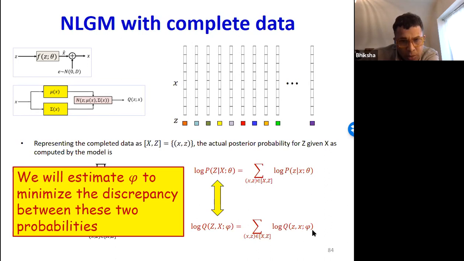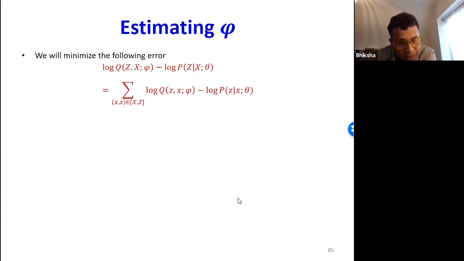And what we are going to do, this Gaussian approximation has two parameters. It has this parameter phi, which tells you how to compute the mean and the variance that are most appropriate for the Gaussian for this given x, such that the discrepancy between this Gaussian here and the actual posterior probability you want to draw the samples from is minimized.